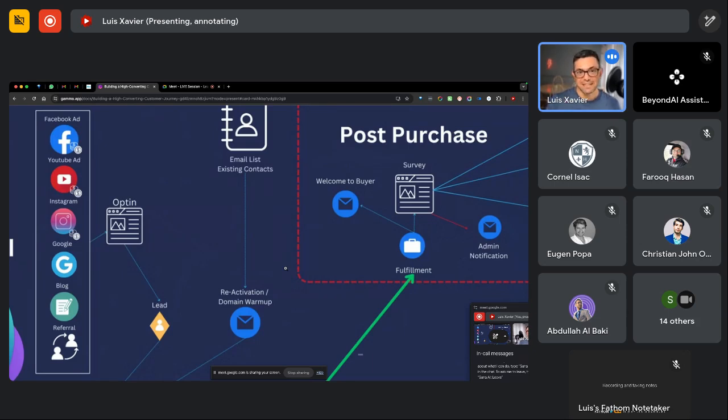Then after they click that link and consume whatever is inside of it, we want them to reply to that message, because those are the three most important signals that we can send to the gods of the internet when it comes to email deliverability. So open, click, reply.